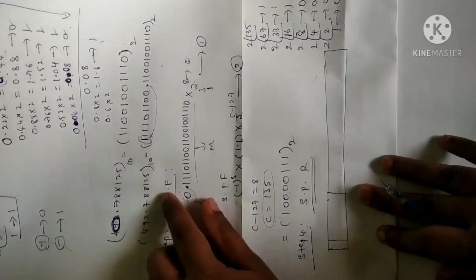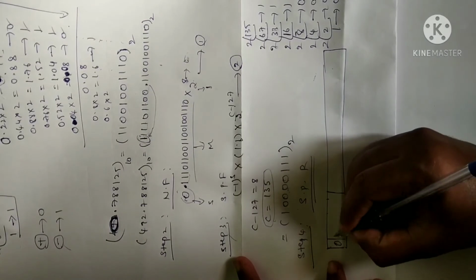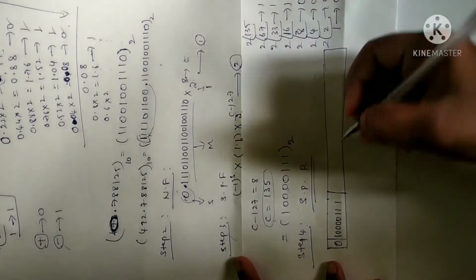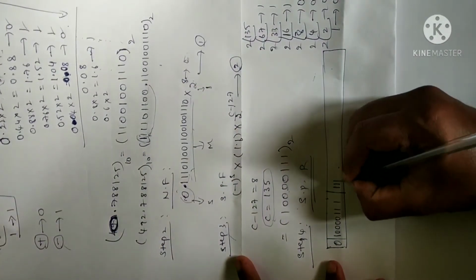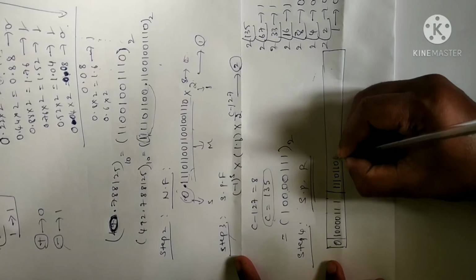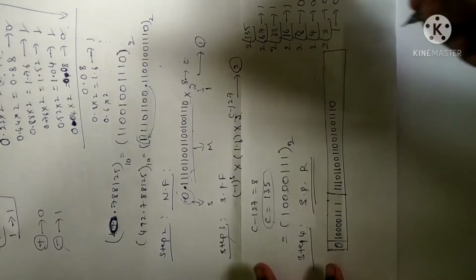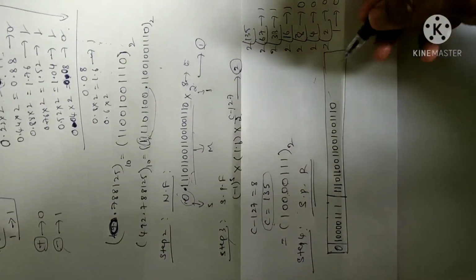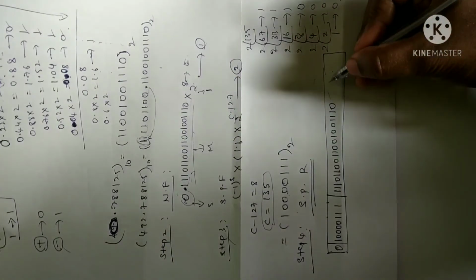Now go to the sign bit, it is 0. So let me write 0 here. Next, followed by the exponent bits, 8 bits, it is here: 4 zeros, 3 ones. Next the mantissa, whatever value you have, you just write down 1 1 1 0 1 1 0 0 1 1 0 0 1 0 0 1 1 0. Further, if you simplified, you can write those digits. If not simplified, you can put zeros in all those places. If you simplified, no matter, you can write those numbers also.